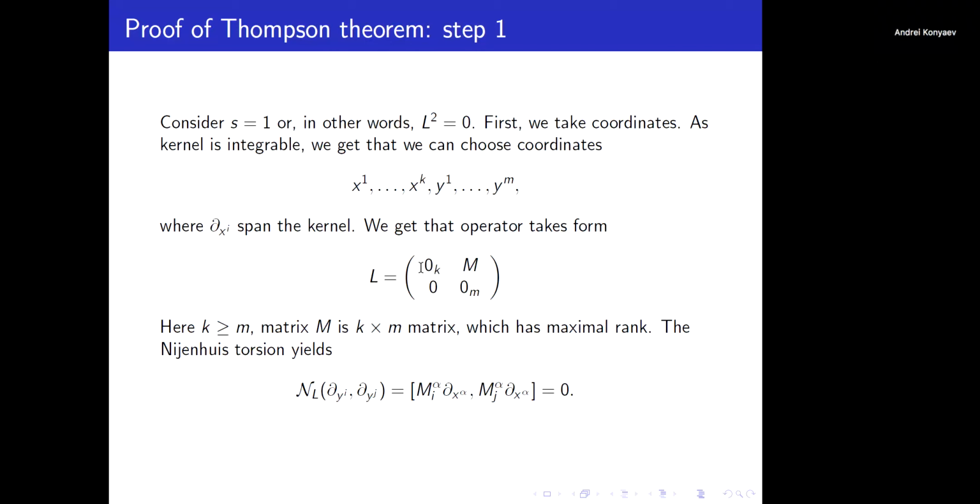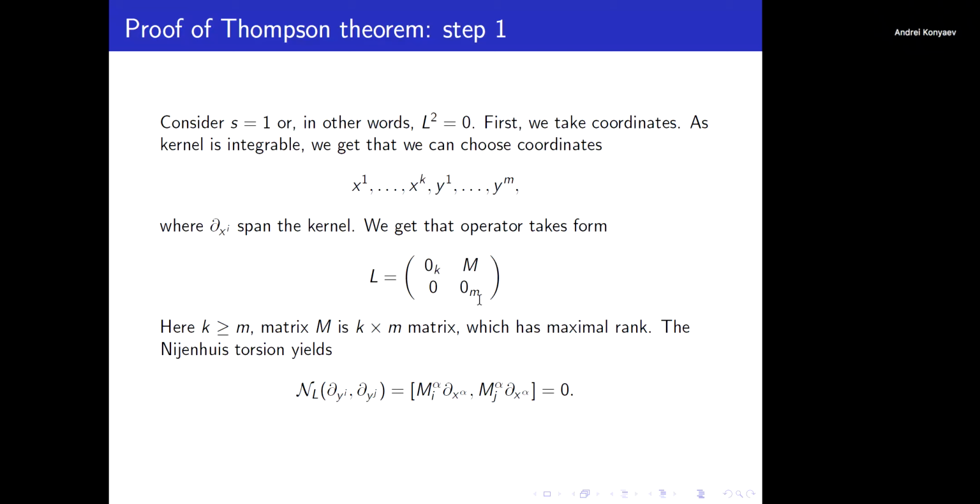But here we have 0. It's a 0 matrix, k times k. This matrix is m times m. And this matrix, this is the crucial part. Actually, it is from linear algebra, but it is important. You see, the size of this matrix is k times m, but k is equal or larger than m, right? So this matrix is either a square matrix,